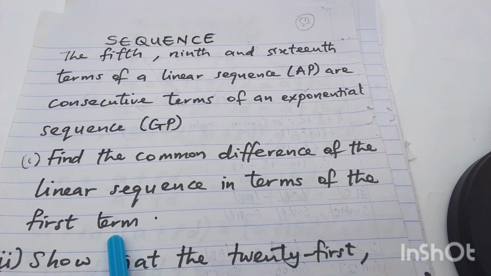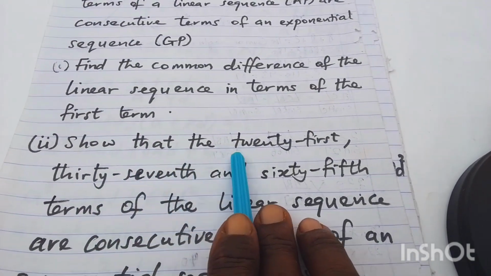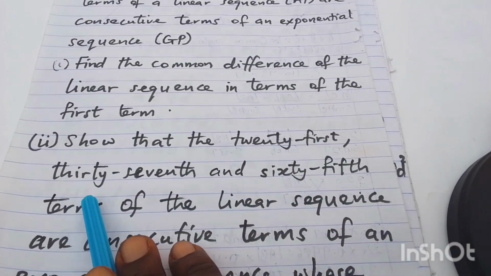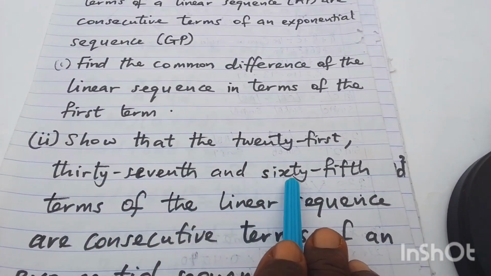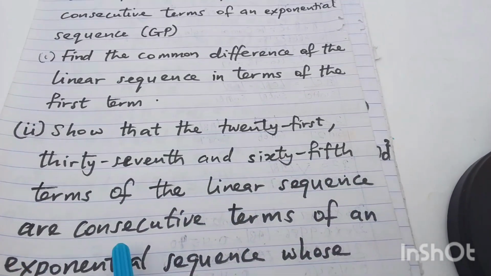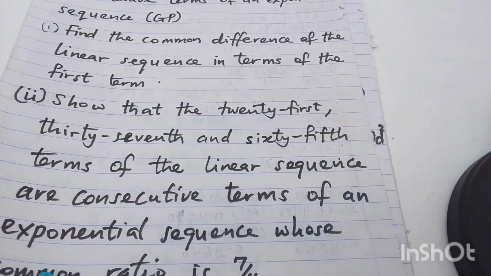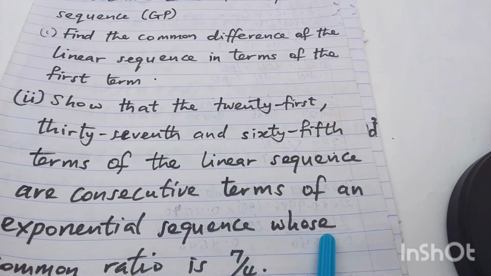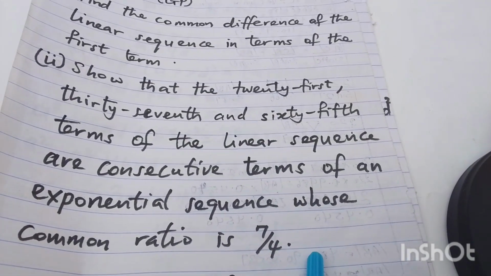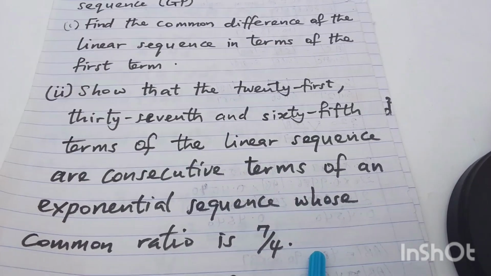Then B, show that the 25th, 37th term and the 67th terms of the linear sequence are consecutive terms of an exponential sequence whose common ratio is 7/4. Now, to be able to do this,